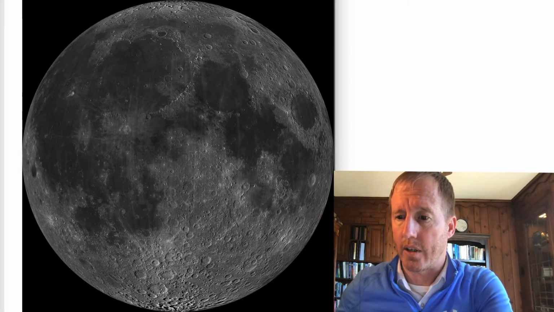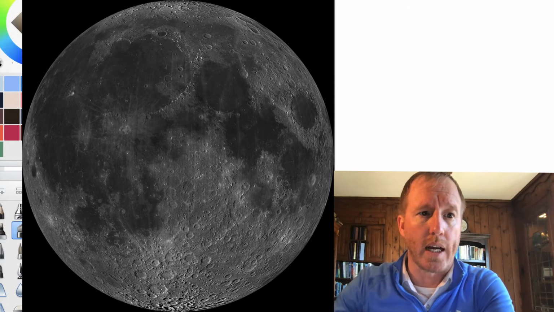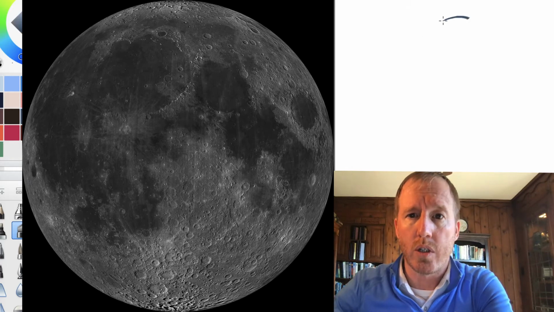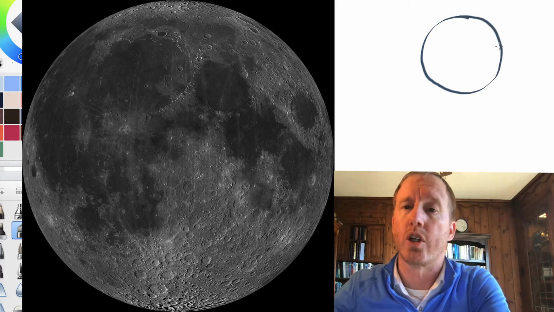What is he getting at here? Well, you've probably noticed that if you go outside and look at the moon, what do you see? Well, you see a very sharply defined circle, almost like it was cut out with a cookie cutter.